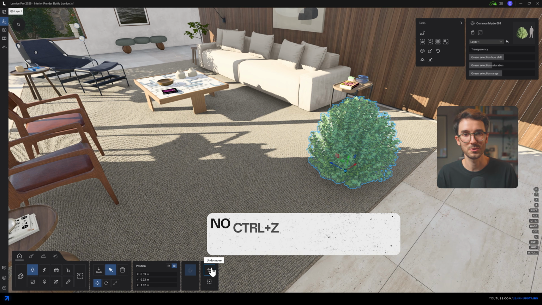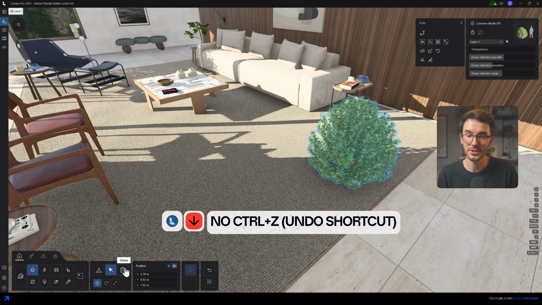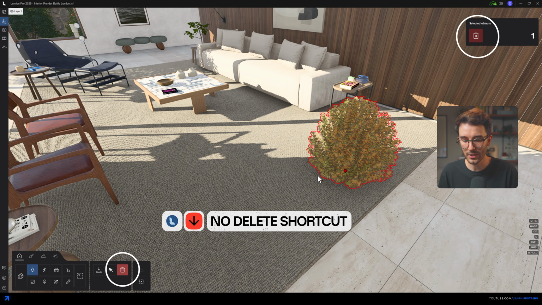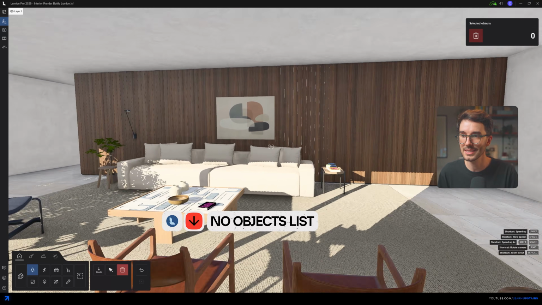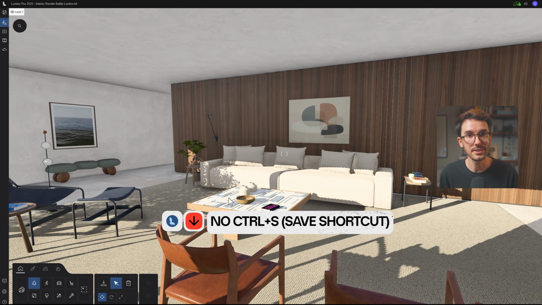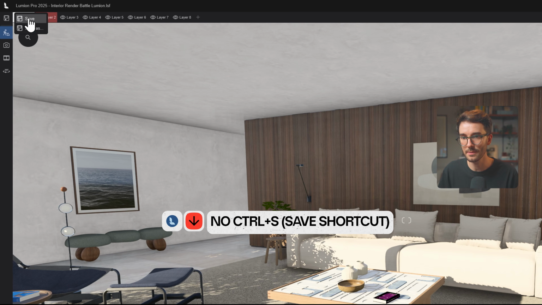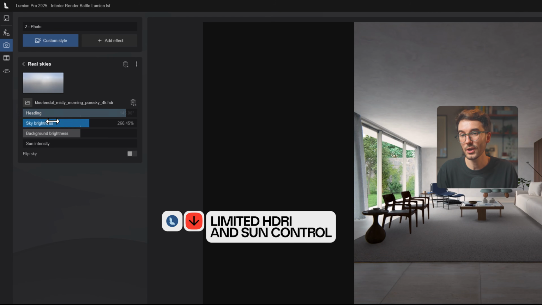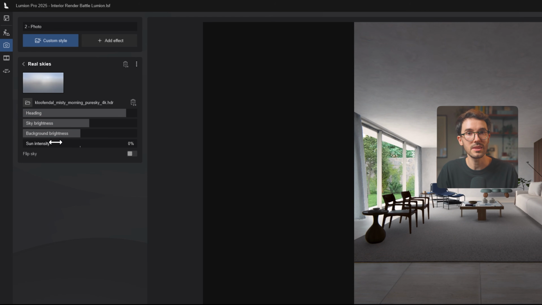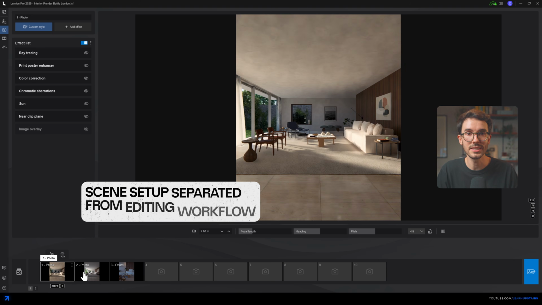I mean, there's still no Control Z. There's a clunky sort of gizmos, and you cannot just press the delete button if you want to delete something. There's no objects list to handle assets. No Control S to save it. You just gotta come up here every time you want to save it. There's a little bit of limited HDRI control. I could list a few small things here, but for me, the worst part is really how the scenes work